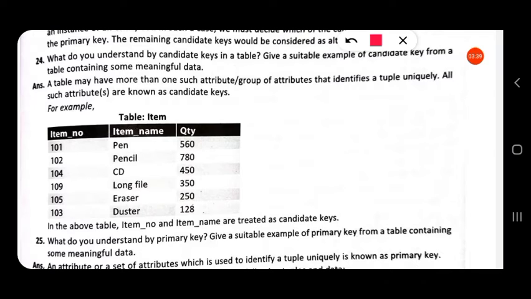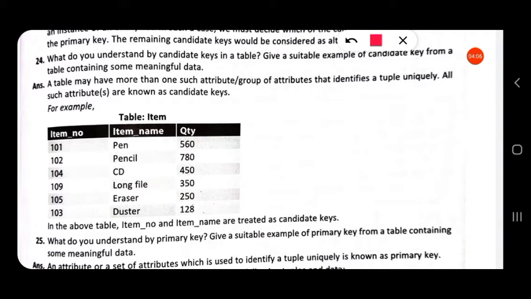So in a table there are some columns which can uniquely identify a tuple. All these columns are called candidate keys. Here is an example of the table item. The name of the table is item. It has three columns: item number, item name and quantity.